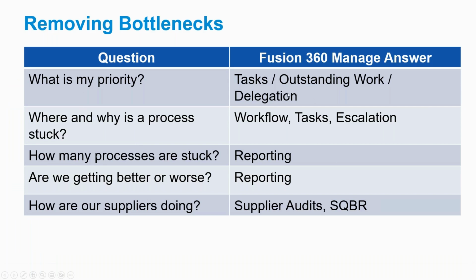So delegation, I think, is a fantastic way to remove bottlenecks. You no longer necessarily have to focus on one person. If they're out, nothing gets done, right? Where and why is a process stuck? Again, the idea of workflow and tasks,